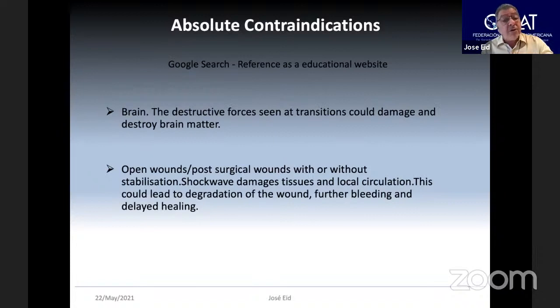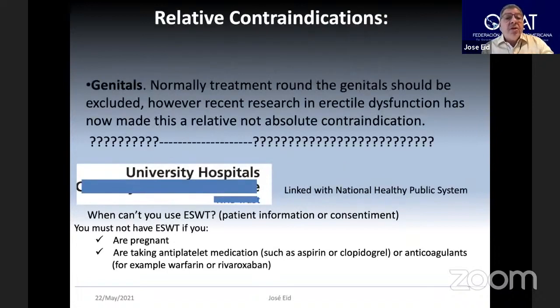And they say here, for example, that shockwave damages tissue and local circulation. So this is wrong information and brings a lot of confusion. Also, they classify as relative contraindications the genital area. We know that for erectile dysfunction, there is a relative indication sometimes and others